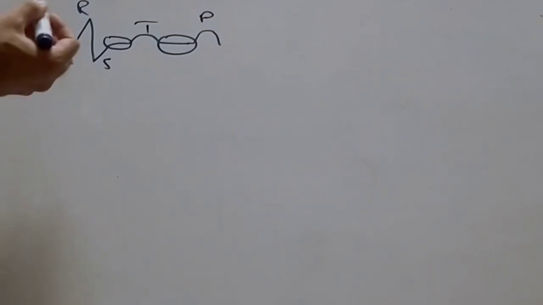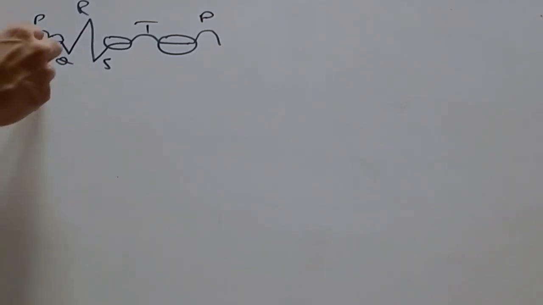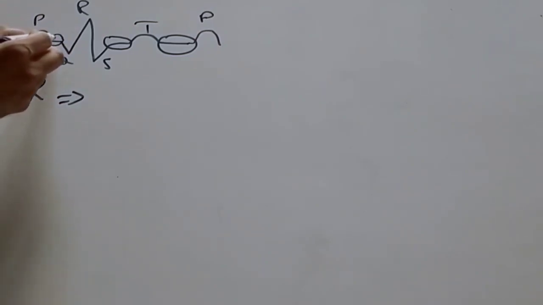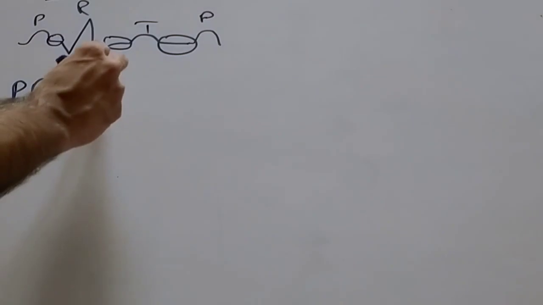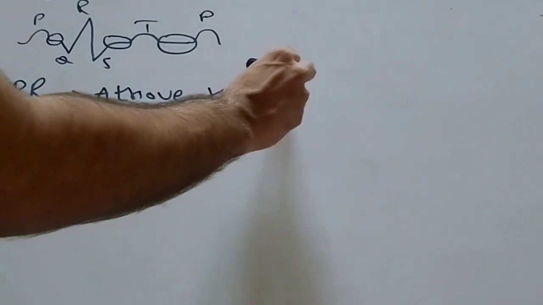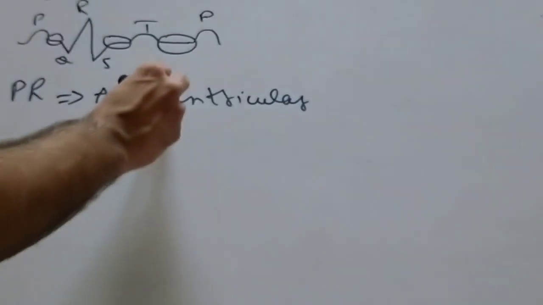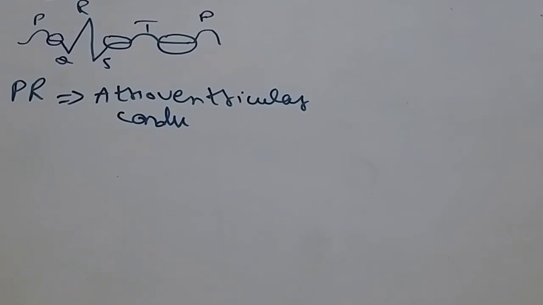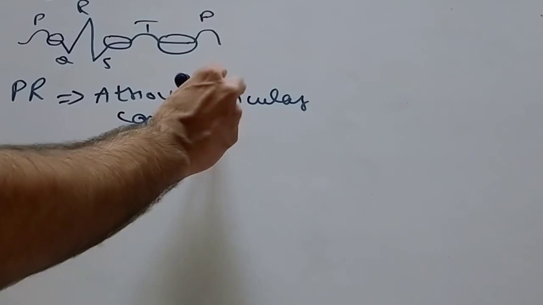Now talking about the intervals. The first interval we have is the PR interval. The PR interval constitutes this wave, and this segment, and then this Q wave. So this is the PR interval. PR interval is showing the atrioventricular conduction. So PR interval depicts the conduction of impulse from the atria towards the ventricles,